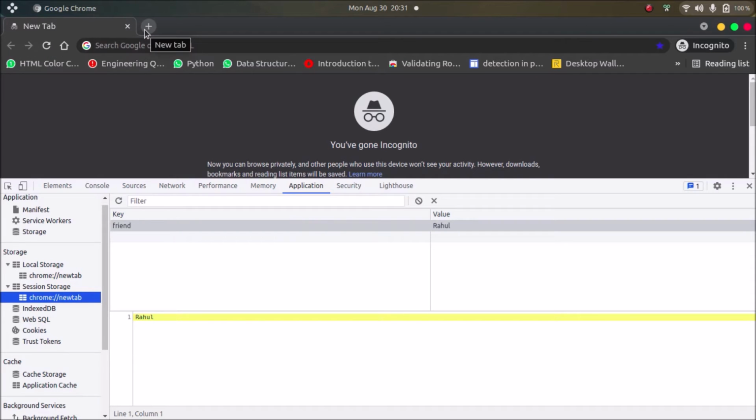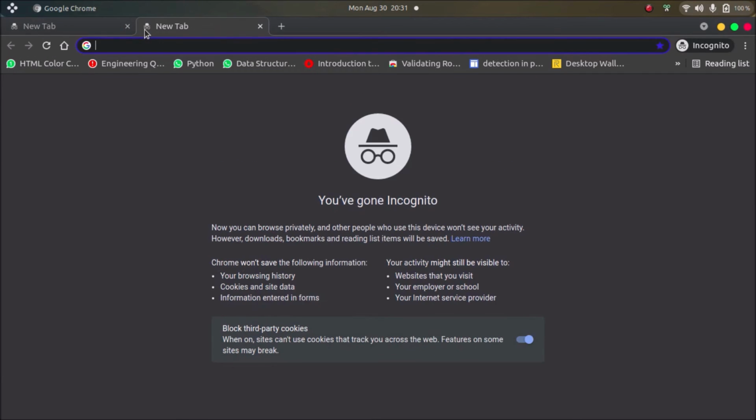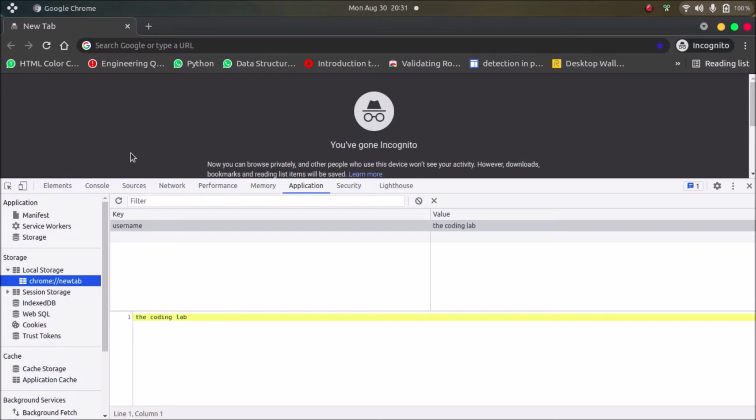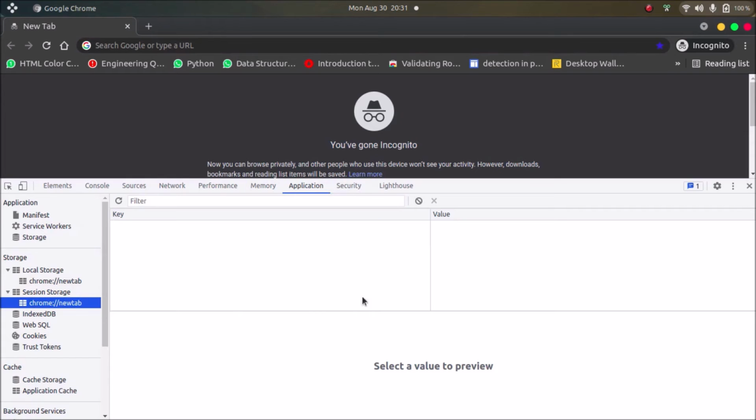Okay, so let's see how this behaves. Suppose we have this session storage here, friend as Rahul, and this is the local storage, username as coding lab. So we deleted this, and now again we are going to check whether this still exists or not. Here, the session storage is cleared because we have closed the tab itself.